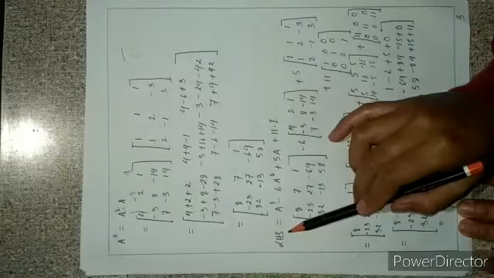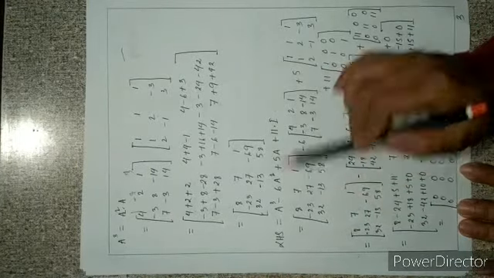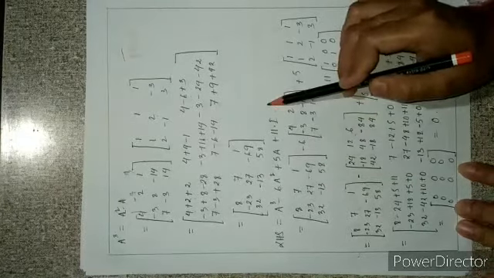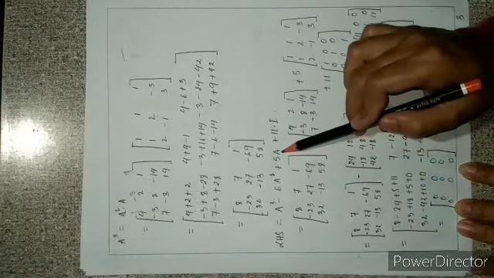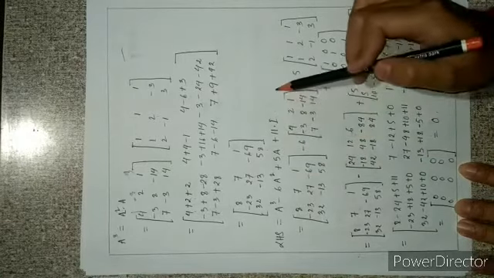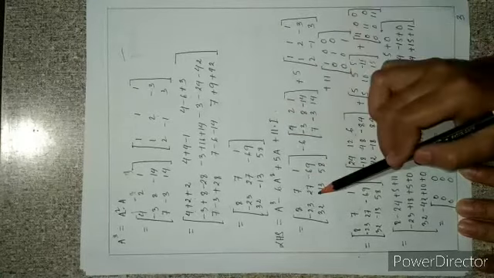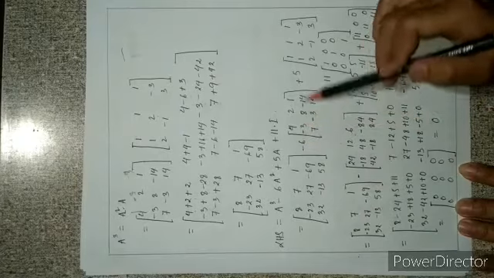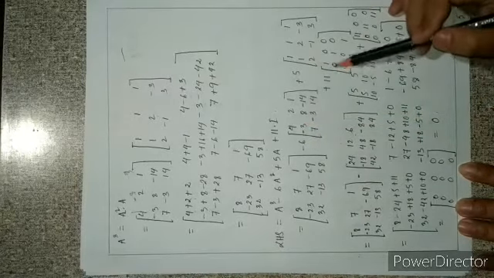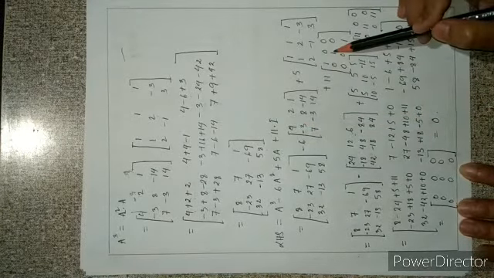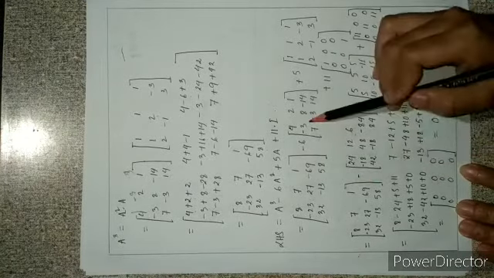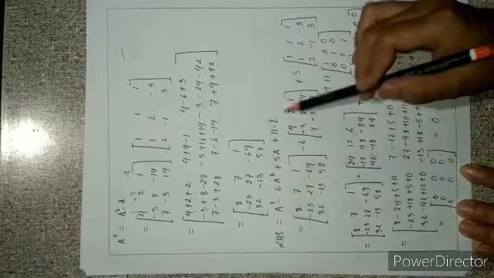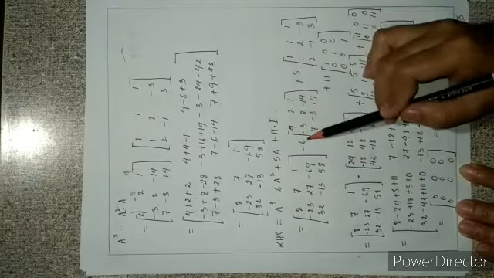Then we have to show that the left hand side is equal to the zero matrix: A cube minus 6 times A square plus 5A plus 11I equals 0. Write A cube minus 6A square plus 5A plus 11I. I means identity matrix of order 3. Second, 6 times A square means all the elements of A square should be multiplied